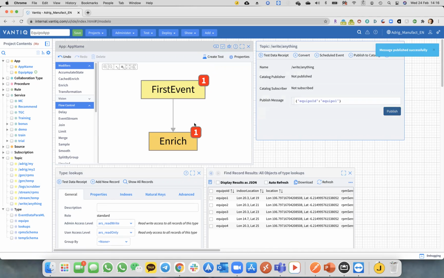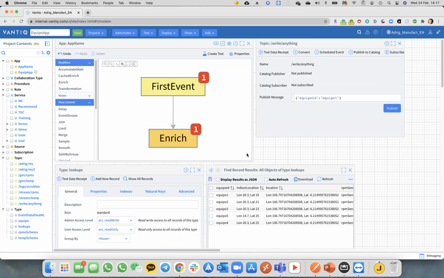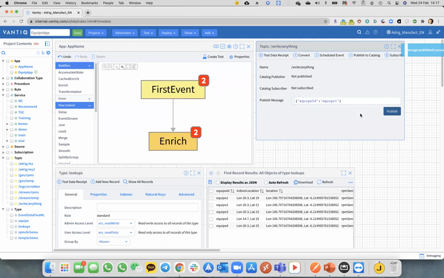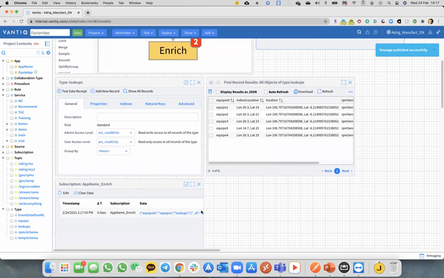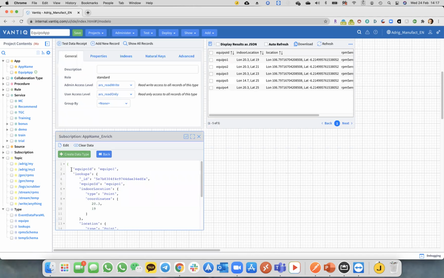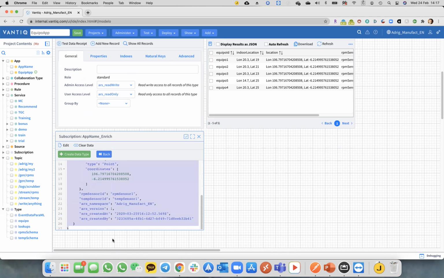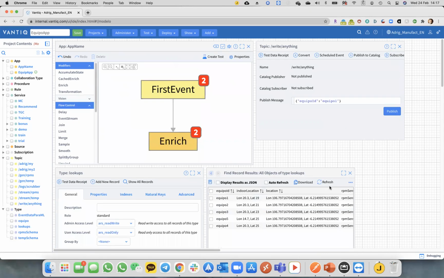So now that I publish, now I gotta view task event. I forgot again. So let me publish again. So now we have the event that I post, the equipo ID, and everything that was inside the table lookups with all that information. But if I do